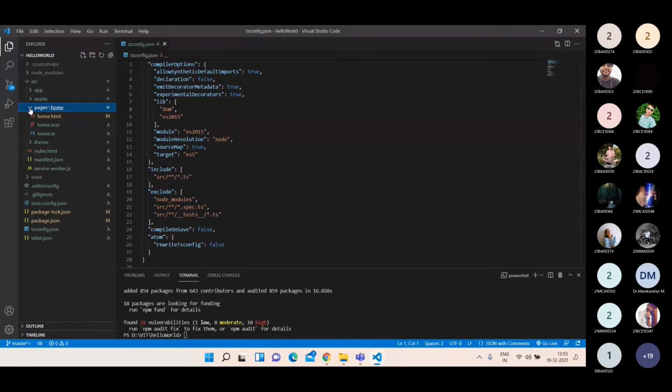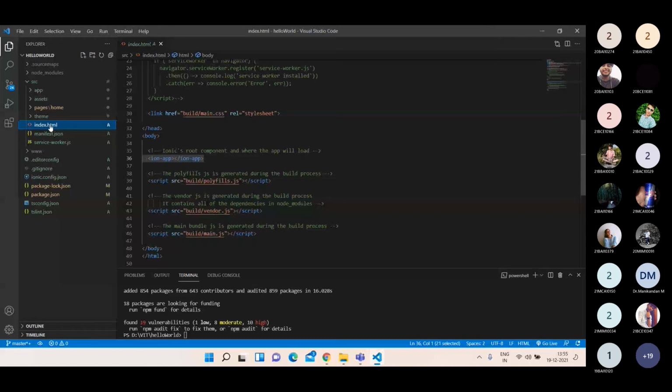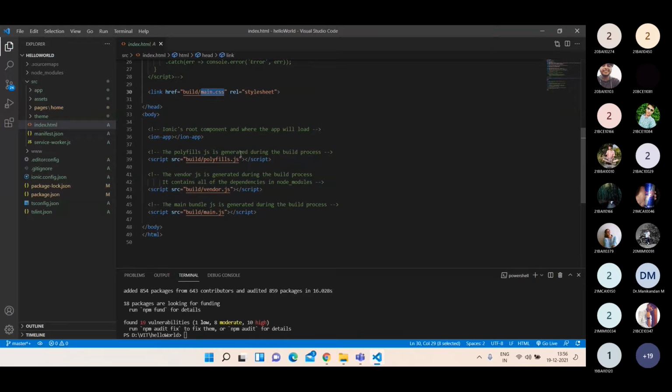Okay, so here actually we have some folders. Your application is getting its packages from this package.json. Then in your index.html only your application is going to load. This index.html will be having its main.css. From the main.css file only you are going to get all the CSS. When you compile your application before running, this main.css file will be created and all the CSS you put in various pages will be appended all together into this main.css, and that's how you will be getting this output.